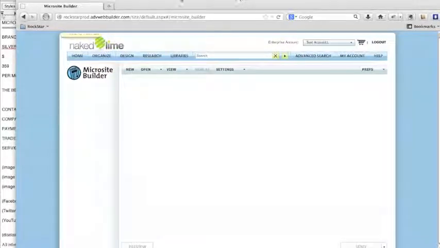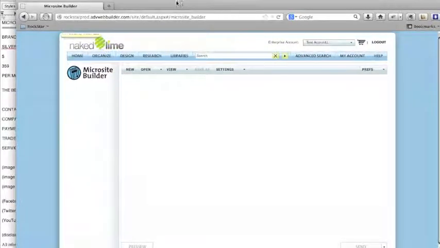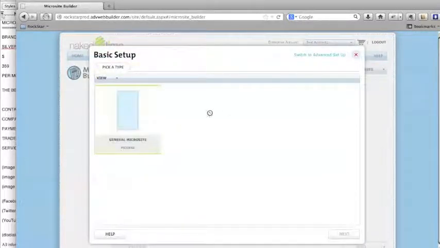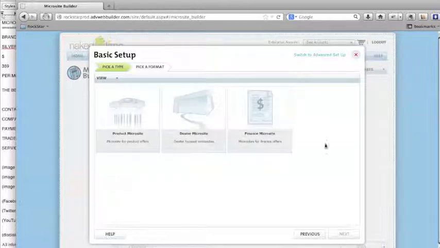Okay, now I'm going to walk you through the process of making a microsite. So from the home page, first choose Design, Microsite. Then click New to create a new microsite. Now you have a choice of setup. All of our new HD templates are under the Dealer Microsite selection, so we're going to choose that and then